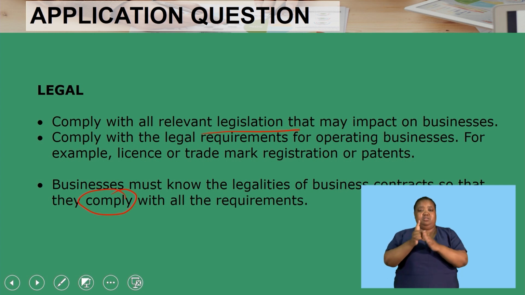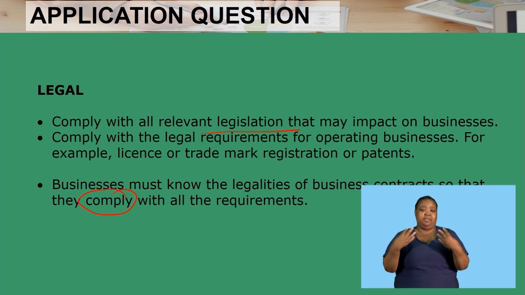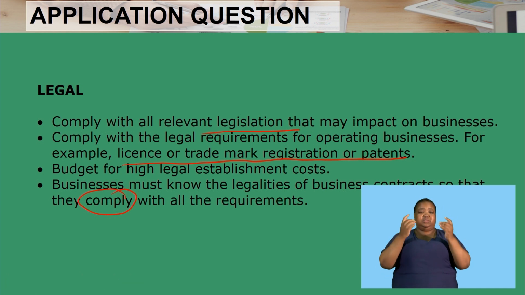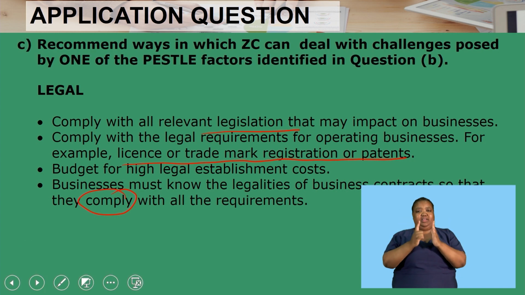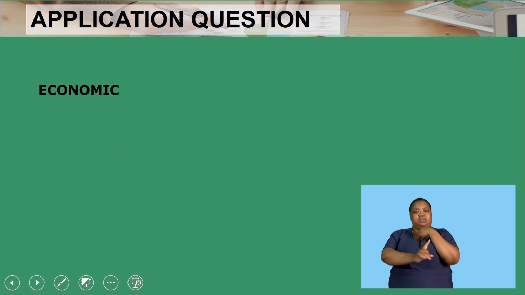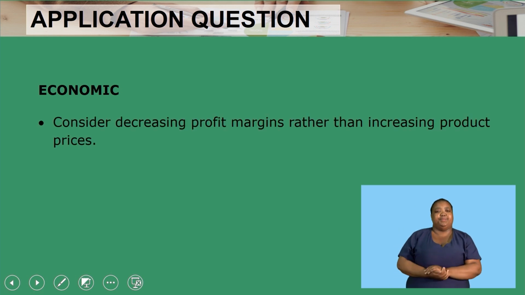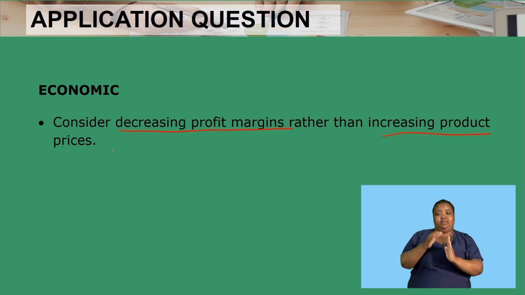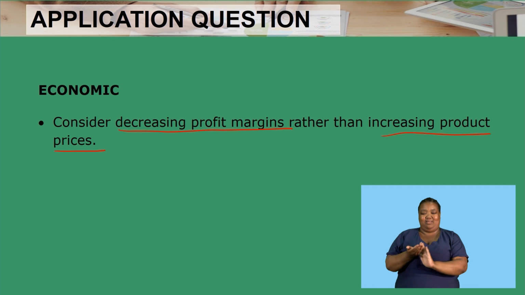Comply with the legal requirements for operating businesses, for example, the license or trademark registration or patents. Budget for high legal establishment costs. That's what we can do. These are the recommendations for legal. Then we go to the last one, which is economic. So with economic, what can happen? What do we recommend? Consider decreasing profit margins rather than increasing product prices, because remember, if you're going to increase product prices, chances are you might lose customers. So you rather decrease the profit margins for as long as it makes business sense, though, because you don't want